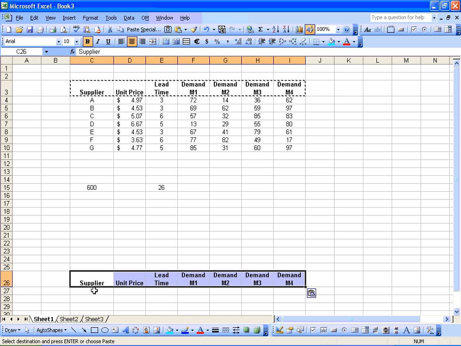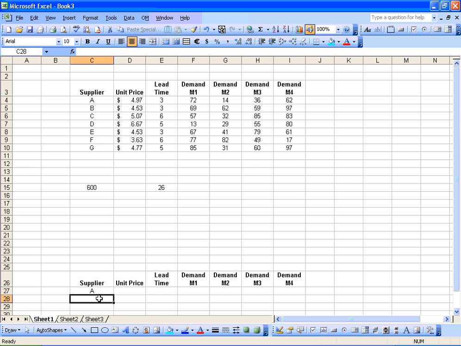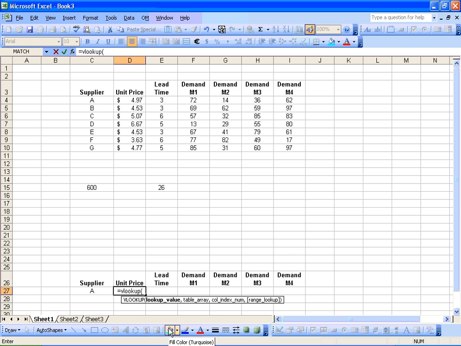Okay, so we have the same information, and then we're going to say supplier A, and if we select or type in A as the supplier, we want it to do a VLOOKUP formula to have it report all of the corresponding information that ties to supplier A based on this table up here. So we would do a VLOOKUP formula, equals VLOOKUP, open paren. The lookup value would be the supplier, A, and we're going to anchor that so that it doesn't drift when we drag the VLOOKUP formula across to the right,